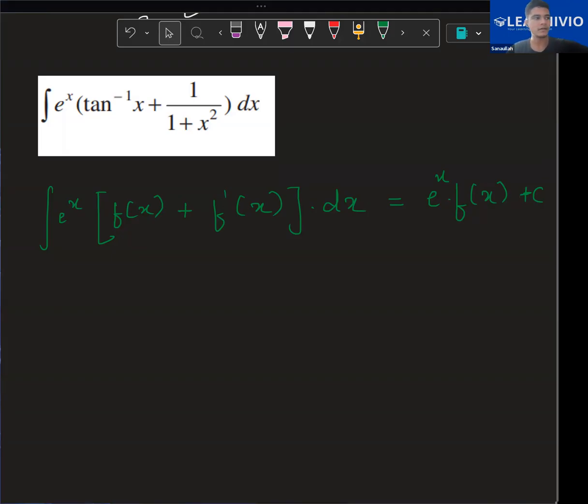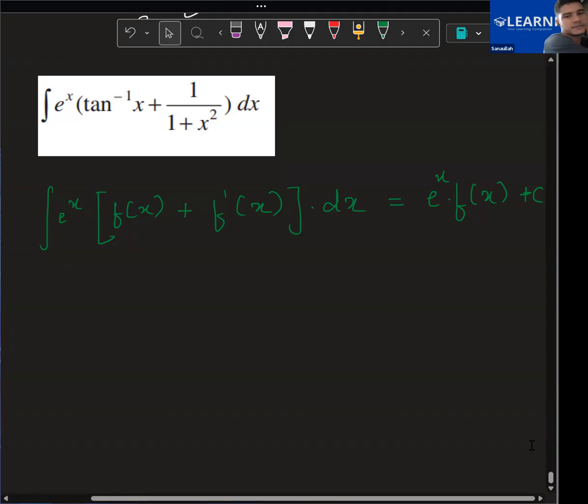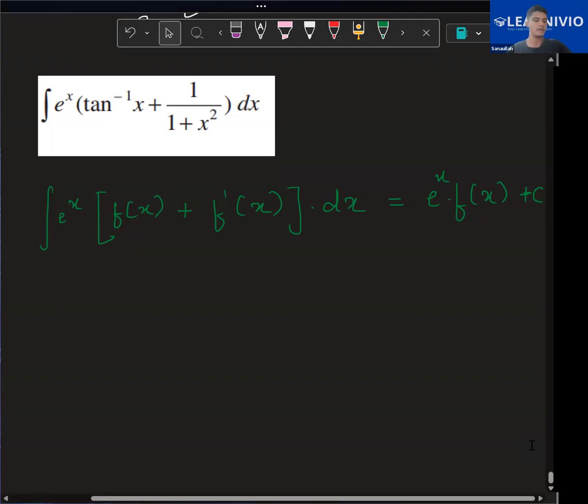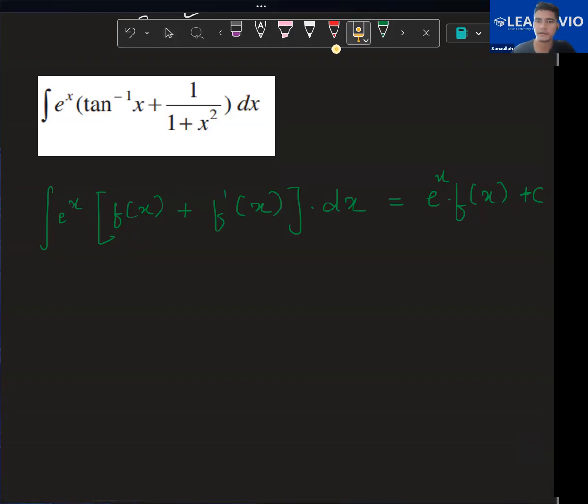सो दिस इज अ फॉर्मूला, ठीक है? ये फॉर्मूला अप्लाई दिस फॉर्मूला, पिछले क्वेश्चंस पे अप्लाई करो, ऊपर वाले क्वेश्चन पे। बताओ क्या आंसर आ रहा है डायरेक्टली without solving. e power x tan inverse of x, राइट। तो उससे आपके देखो कितने सारे स्टेप बच गए। अगर आपके पास इस तरीके के फॉर्म है where you have f of x और उसका डेरिवेटिव साथ में दिया हुआ है, तो इसको आप डायरेक्टली e^x f(x) लिख सकते हो plus c। ठीक है, so keep this thing in mind, this is very important।